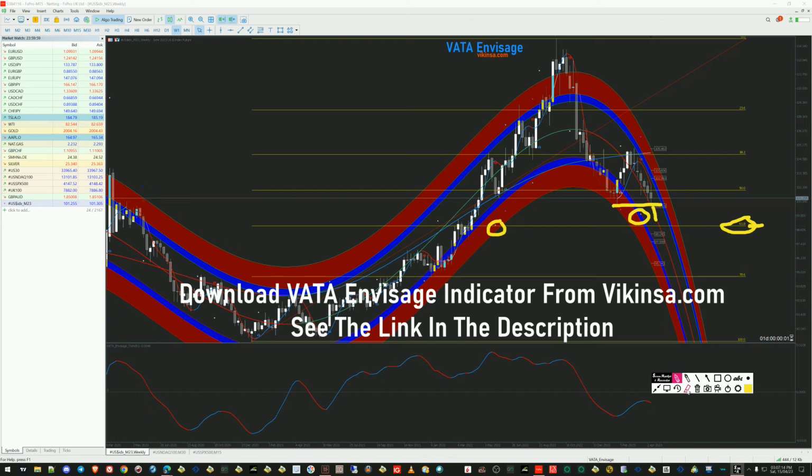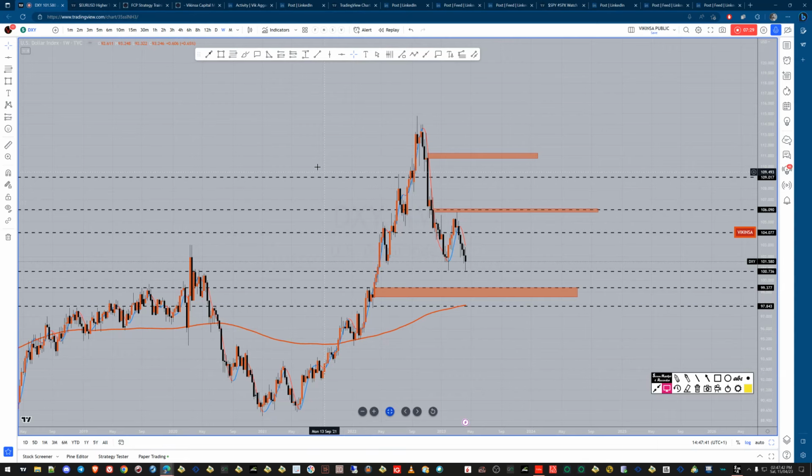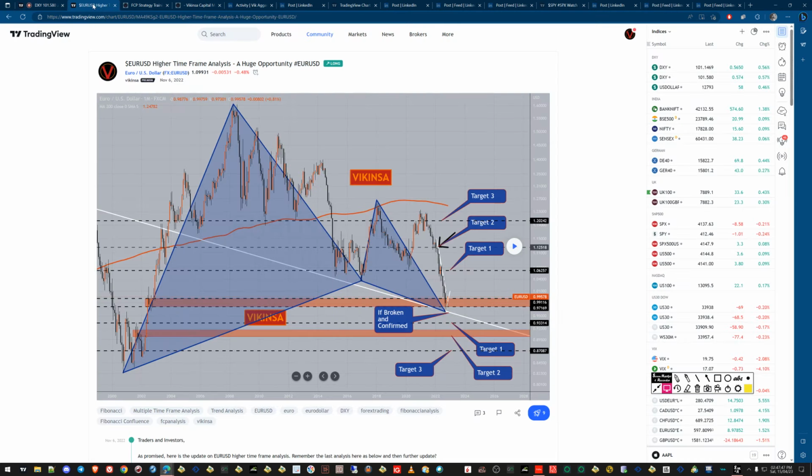Okay, let me actually put a proper line there so that you get a proper idea of where that dot is. It can be a little hard to see here. This is approximately at 99.864, and the next dot is approximately around 98.970, right? So if the dollar starts to go down, we should be watching these two targets here on the bearish side of things. And based on that, let me actually go to EUR/USD for a second.